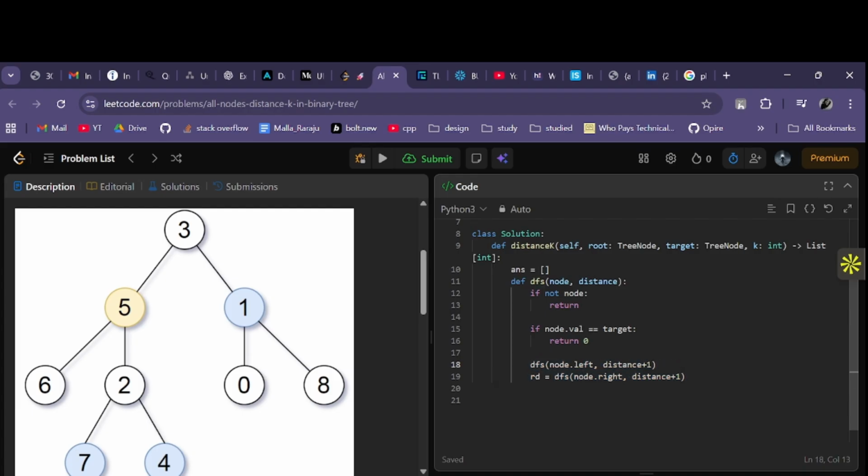I have an idea. So the idea is we start with 0 from here, 0 and then 1. Immediately after we reached the target,